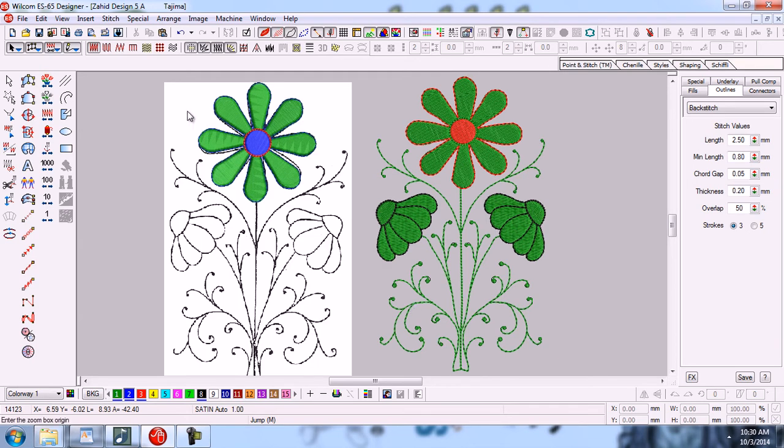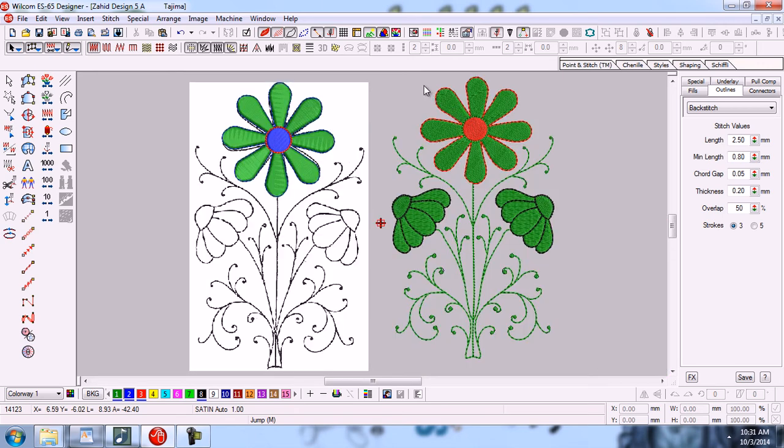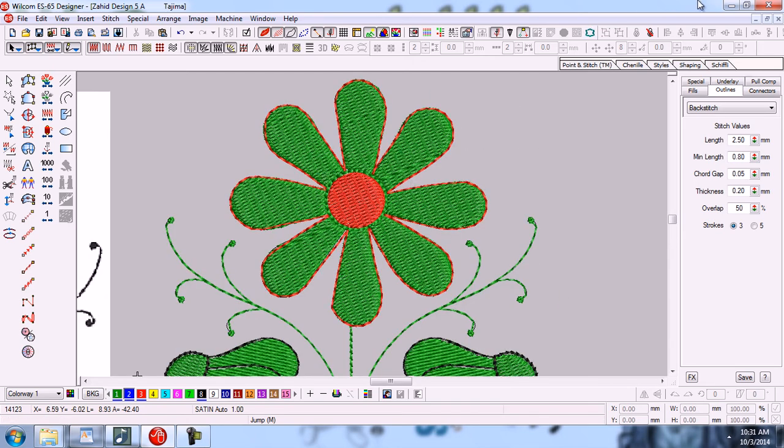So you can see that we made this object easily by using the wreath and kaleidoscope buttons. We made only one object and applied a repeat on it by using wreath and kaleidoscope. So all this type of objects can be made easily and accurately by using wreath and kaleidoscope, like this. So our topic has been completed.